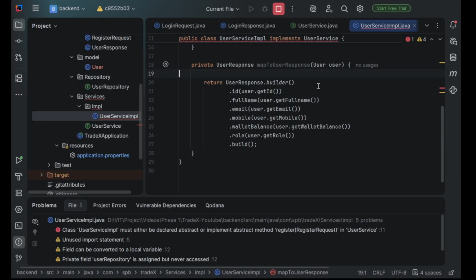So we have to ensure that while we return, the response should only contain the things that the client needs. Now the client doesn't need the password, so we are not returning the password. The user response that we have already declared in our DTO, in that format. Now we have mentioned here dot builder. So dot builder starts building a new user response object,